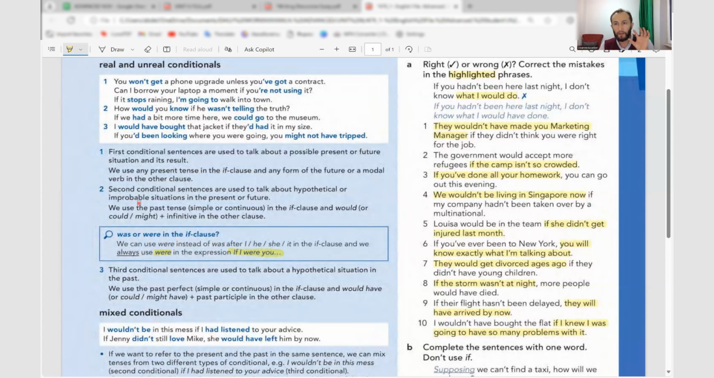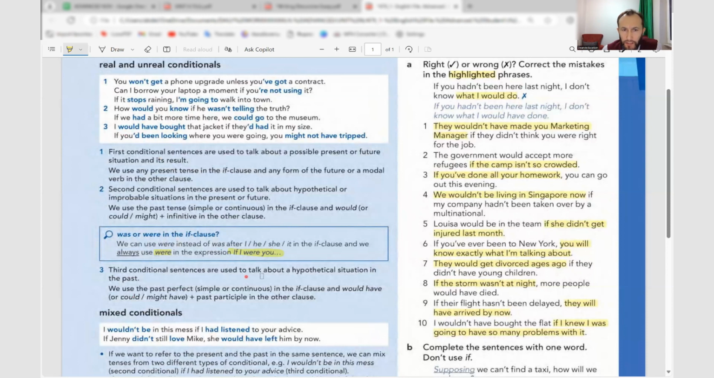How does it work? In the if part, I use past perfect or past perfect continuous. Past perfect, had plus past participle, or past perfect continuous, had been plus verb ing, gerund. And then the result part, would have plus past participle, and then would have been plus gerund for the continuous one. And instead of would, we can use could and might, right? And what he says here,